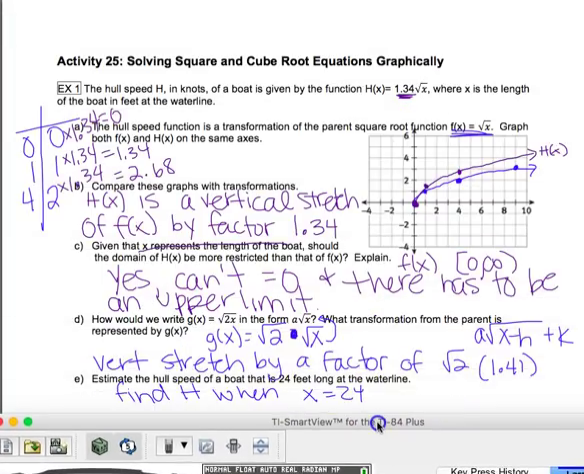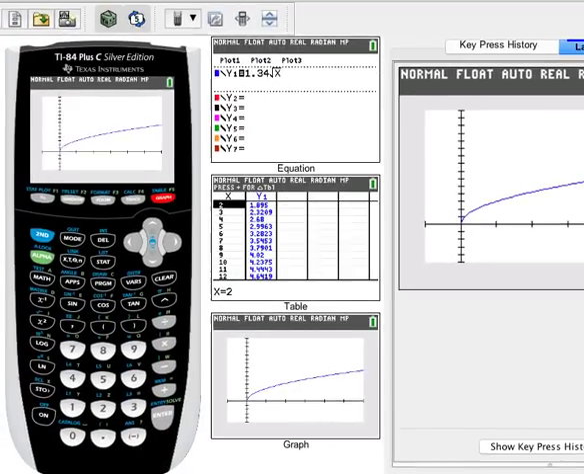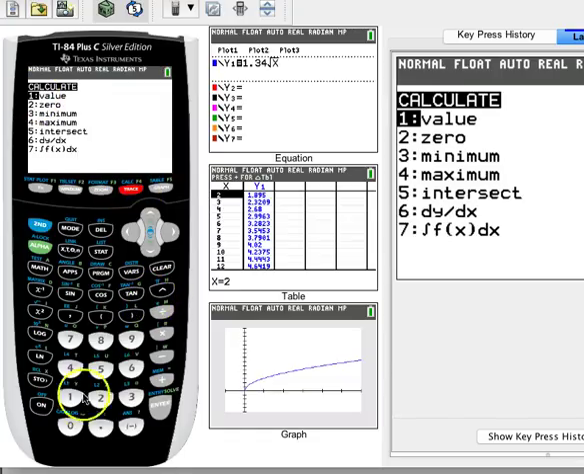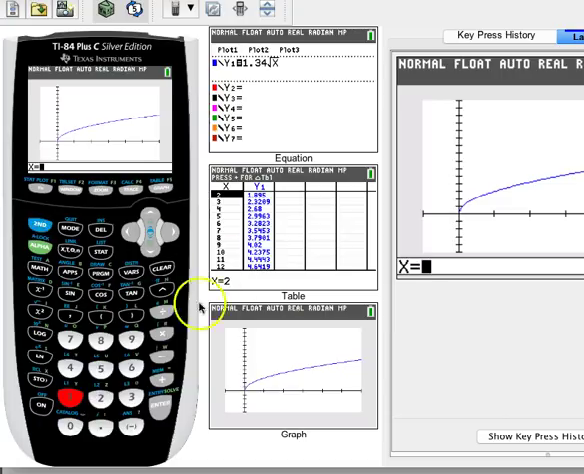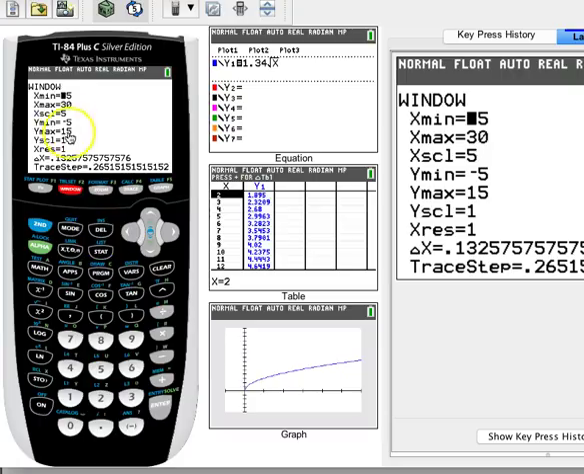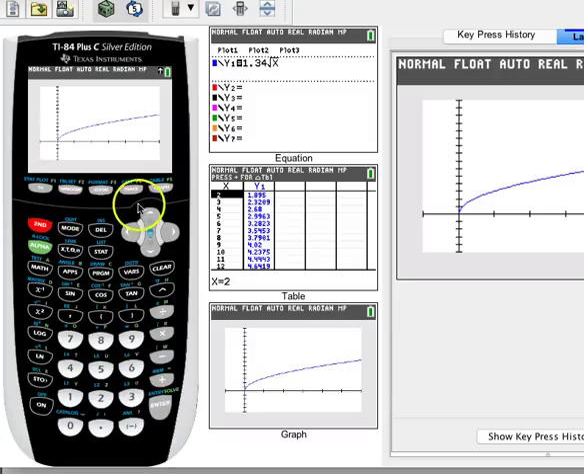So again, this is asking us to find h when x is 24. We've done this feature of our graphing calculator tons of times. We go to second trace, choice 1 for value, and now I can type in any x value that I want. So I'm going to type in 24. I'm going to press enter. Now remember, if your window doesn't go up past 24, it's going to give you an error message that says error window range. That just means go to the window